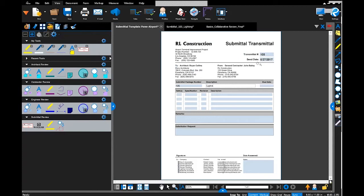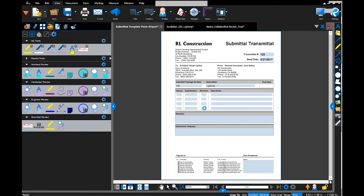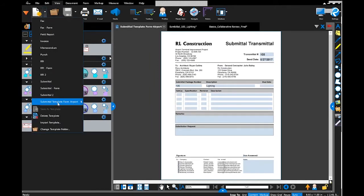And once I've filled this out, it's ready to go. The nice thing about this template here is that I can save this document as a template to reuse over and over again. To do that, you would just go over to the New button with the drop-down list, and I can say Save as Template. So now once I save this document as a template, there we go. Now I can reuse it by just dropping down that list and reuse it over and over again on my